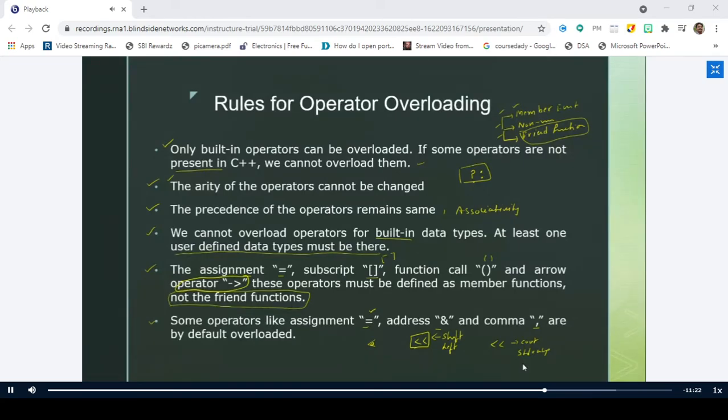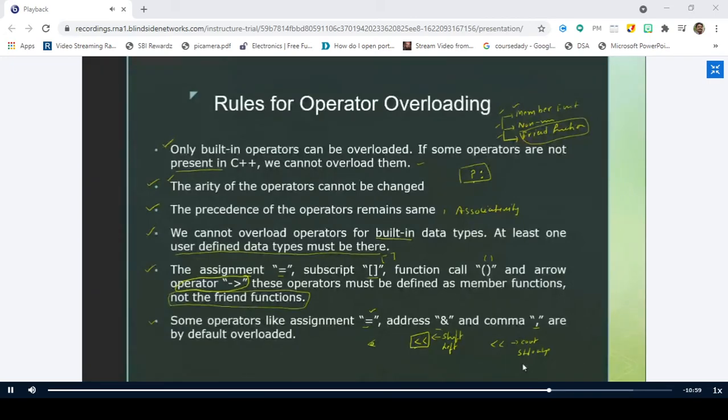Now, that's the end of the operator overloading concept. We have completed 2.5 units. In the next class, that is next week, we are going to start a very lengthy and somewhat complex topic, which is nothing but inheritance. Inheritance takes a lot of time. We need to explain a lot of concepts.